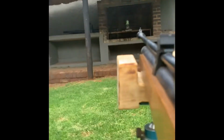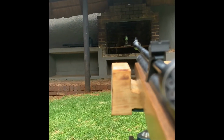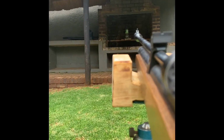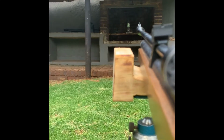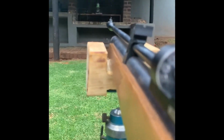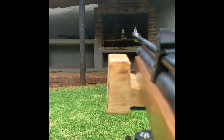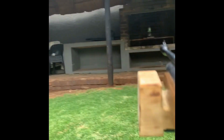Poor man's equipment. I'll go for the head. Nope. No, I don't know if we got that. It's weird, because the phone's in a weird position, so I'm trying to... Oh, that's...